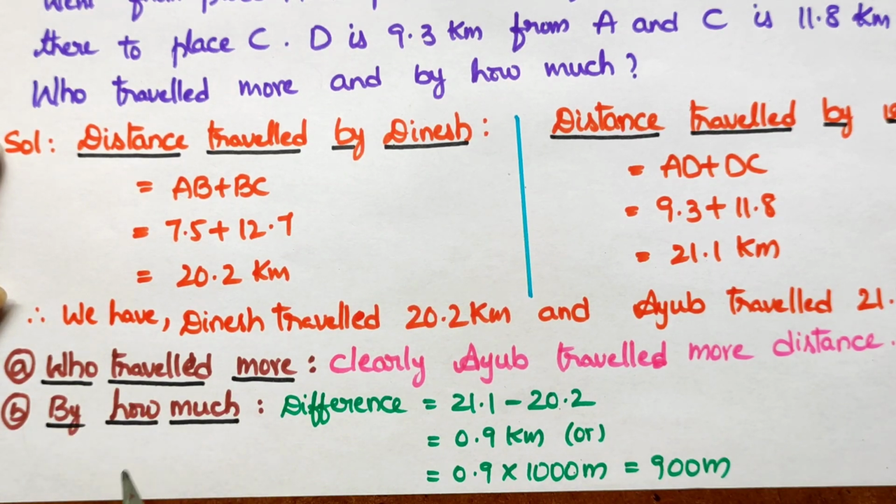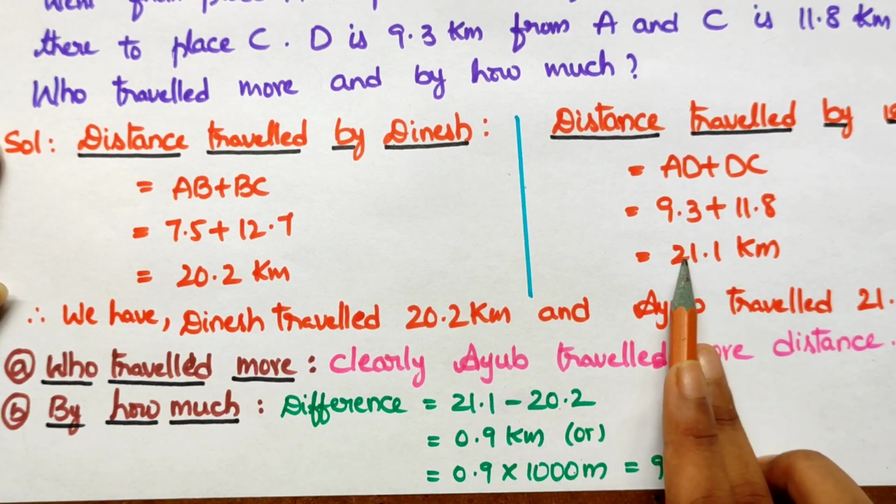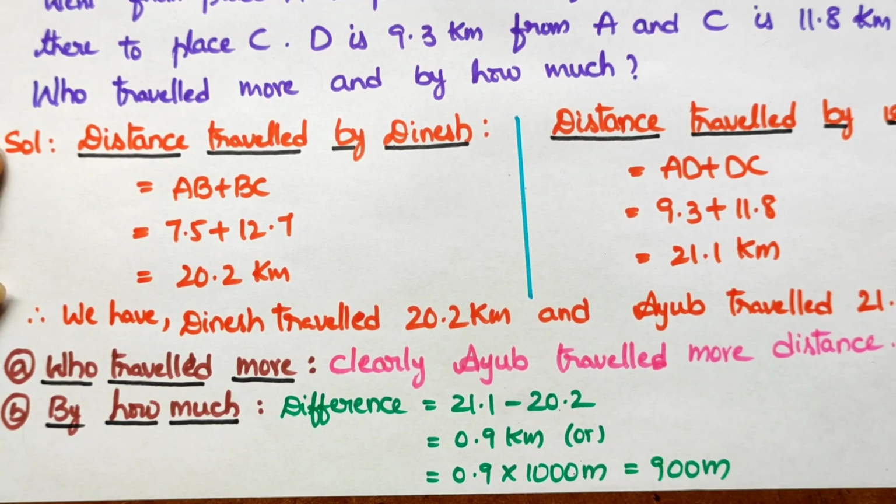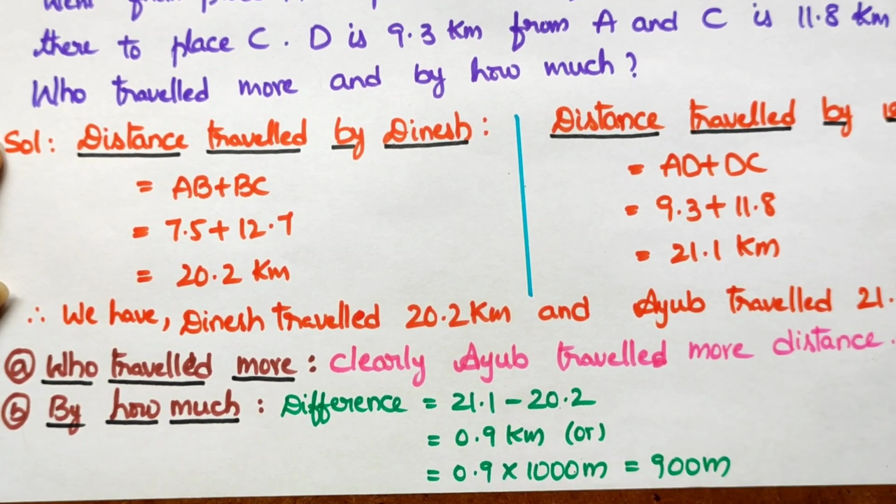Now to find by how much, we should do difference, that means the bigger minus smaller. So this is 21.1 minus 20.2 is equal to 0.9 kilometer, or